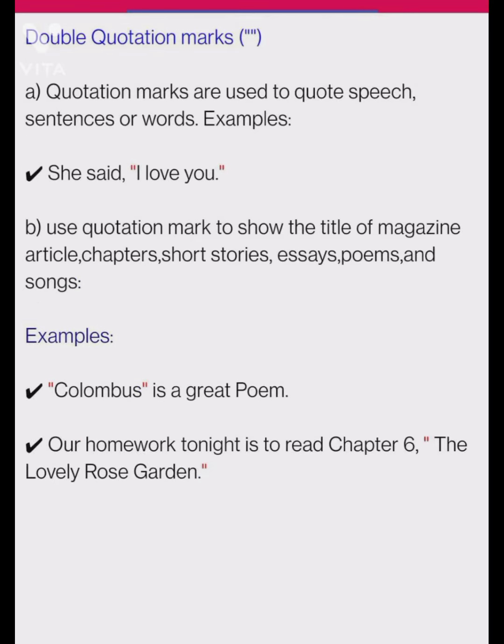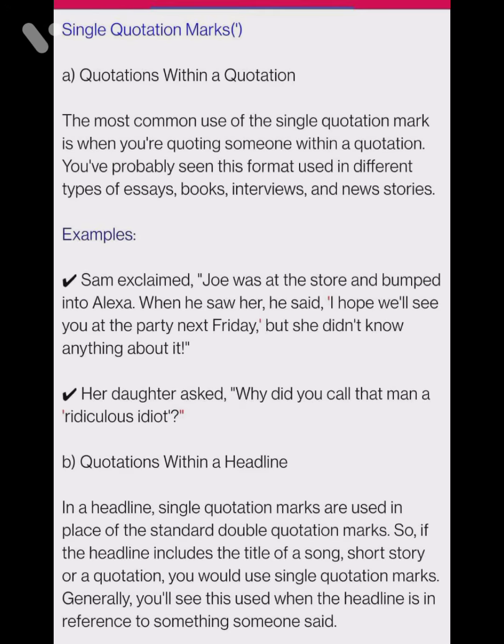Double quotation marks. Where to use double quotation marks? Double quotation marks are used for quoted speech, sentences, or words. Example: She said, "I love you." So she said, comma, and "I love you" is written in quotations. Simply double quotations. So this is how we use double quotation marks. We also use double quotation marks for the titles of magazines, articles, short stories, essays, poems, songs, etc. And single quotation marks are also used. The most common use of the single quotation mark is when you are